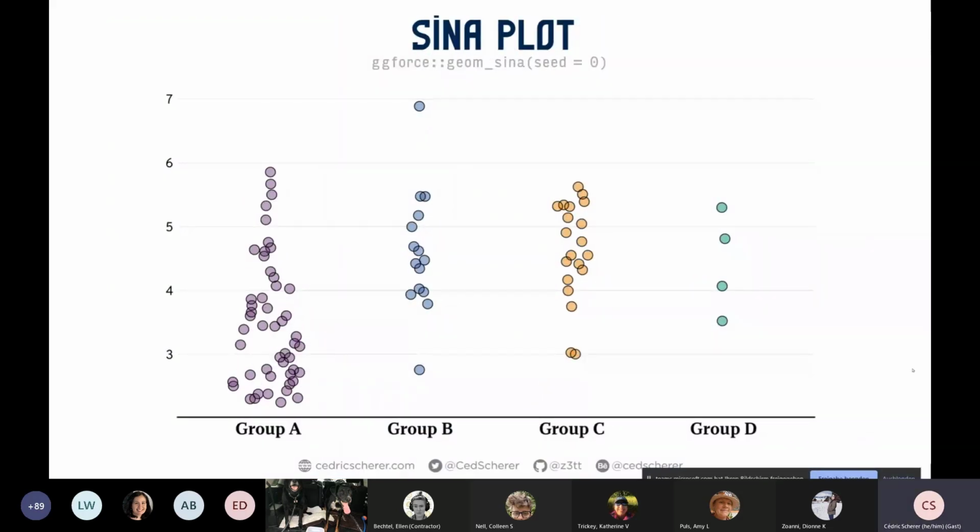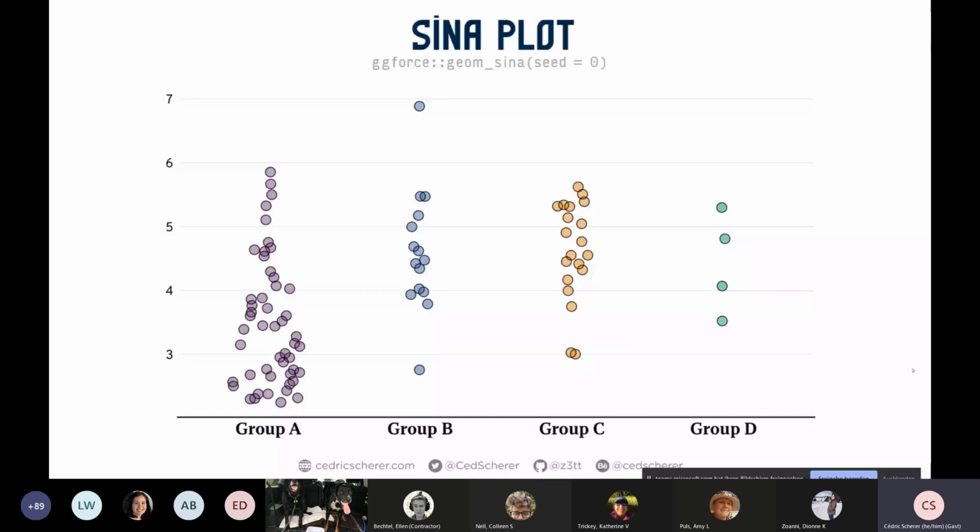But very similar to the jitter strip is this so-called Zena plot, which, yeah, I'm not even sure if this is an own name. At least this is what Thomas Patterson, the developer of the package, called it, the geom_zena. Also here you have a seed. So you can see again that I'm using 2 shapes, so the dots once, and then on top the outline. And you can maybe see that they are following a bit the violin shape. It's a bit hard to see here.